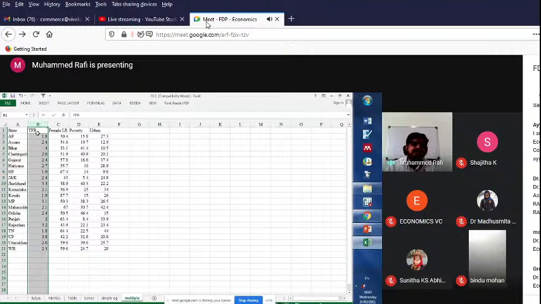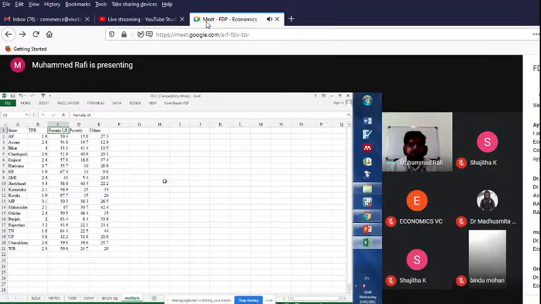So the TFR is the total fertility rate. And you have the female literacy rate. So in the literature, you can see, one of the variables which actually helps to explain the fertility rate is female literacy rate,